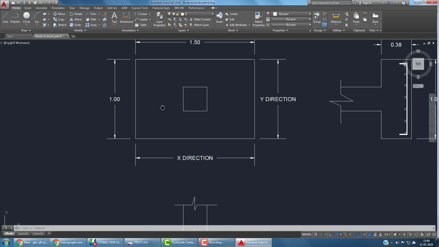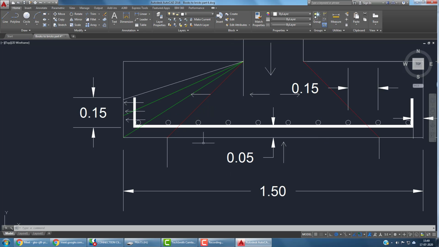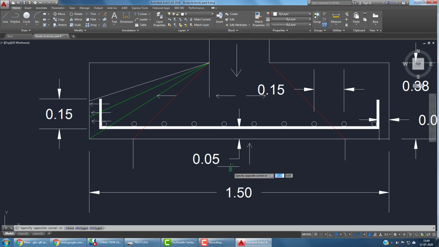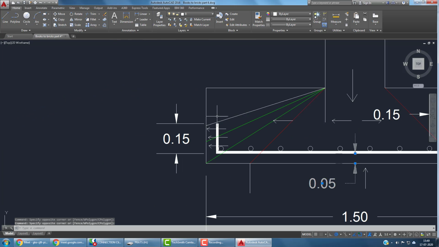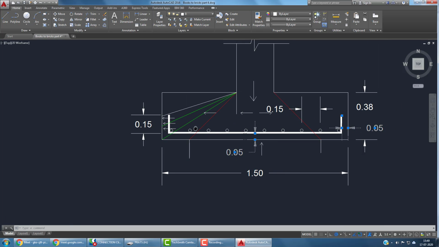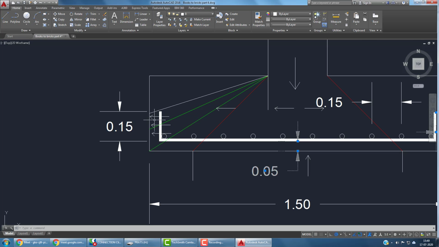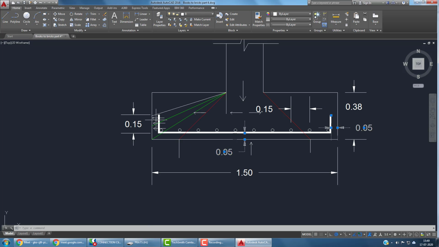Okay, next we'll go to the calculation of the number of bars. As you can see here, we have provided 50 mm cover at the bottom, 50 mm cover at the sides, and if you are extending this bar, you have to leave 50 mm cover at the top also, correct? And then, yes, box shape reinforcement, I don't think in normal residential buildings it will be provided. Only bottom reinforcement is enough.